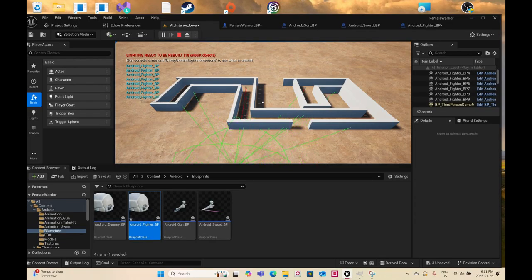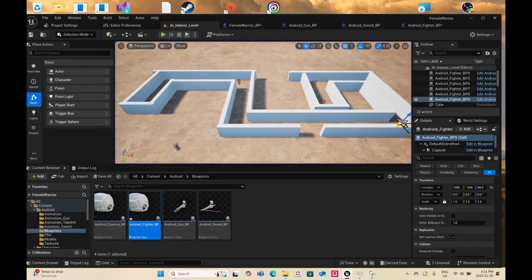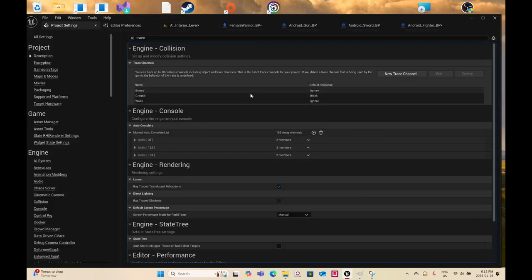The only problem is, if I go this way, and the player at the bottom is facing me, oops, if he's hitting a wall, then he stops moving because he's detecting a wall. So what I need to do in this case, because that trace is always rotating towards me, is create another